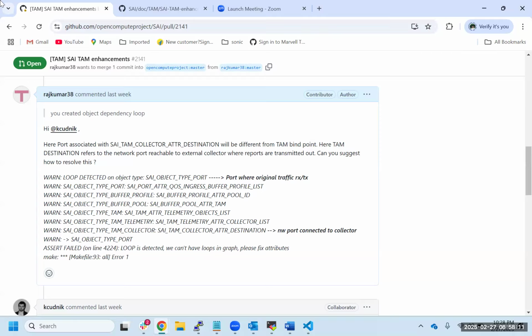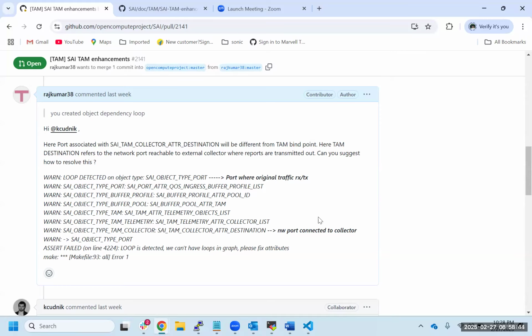So one way to get around this would be to have a TAM collector destination as an attribute in the port object. It would not be an attribute on the collector, but an attribute on the port, on which you would set the actual collector. I'm not sure if that kind of approach is possible here.